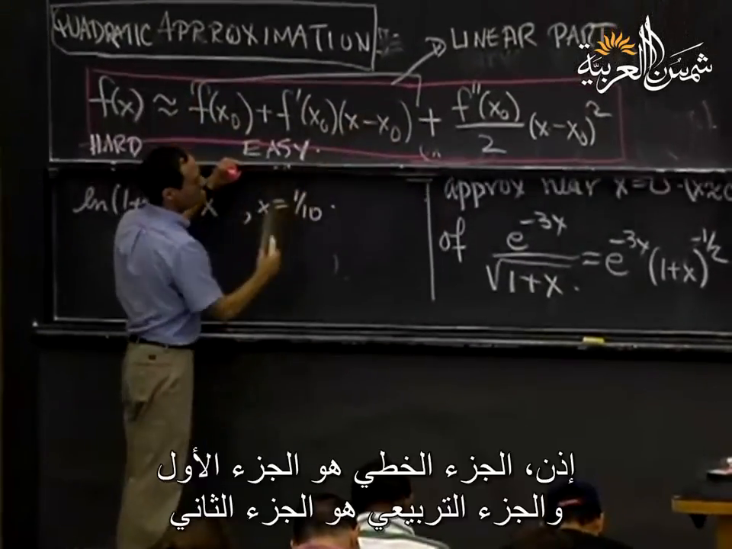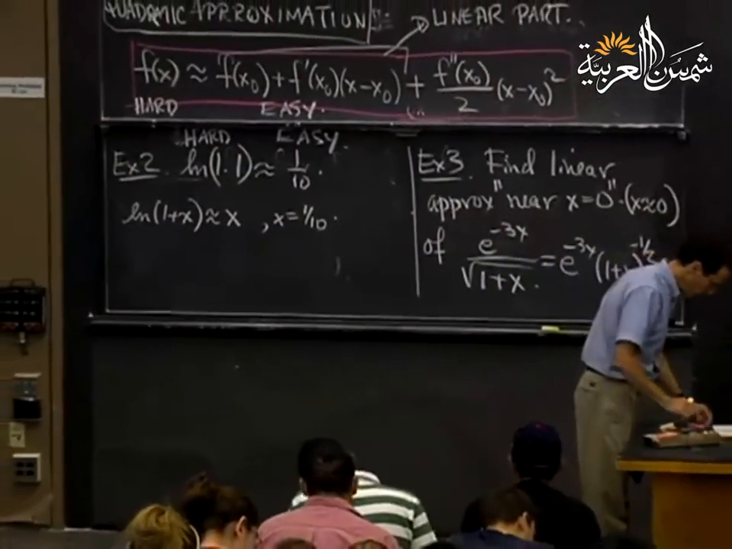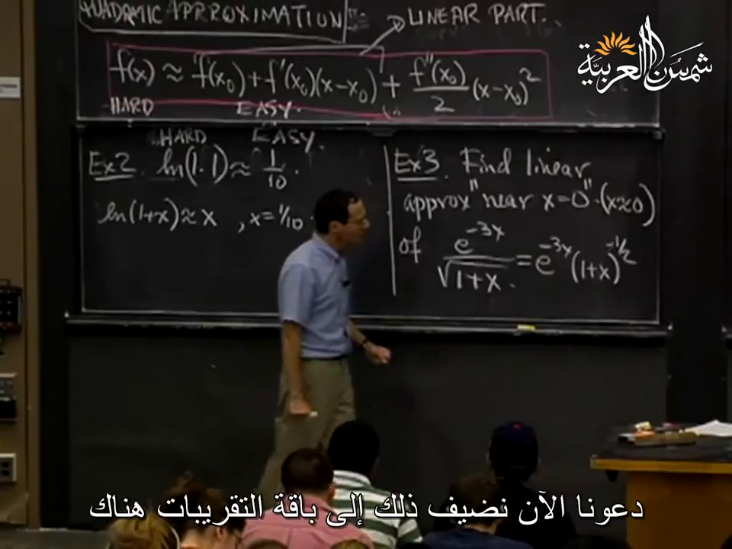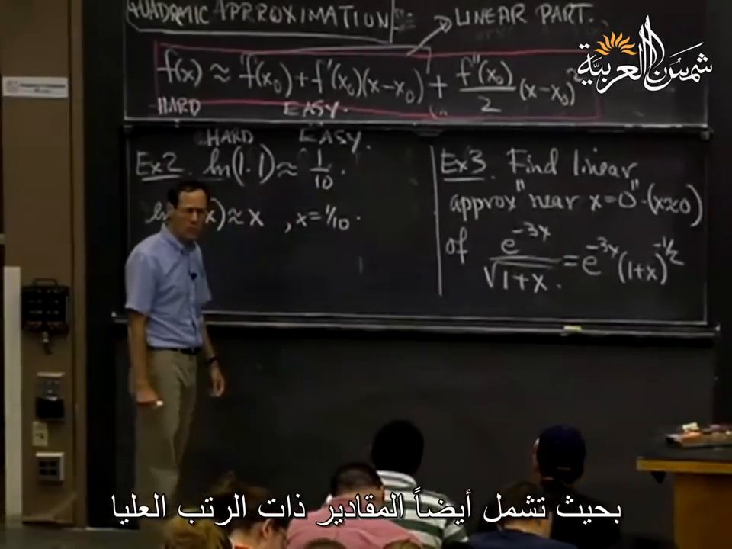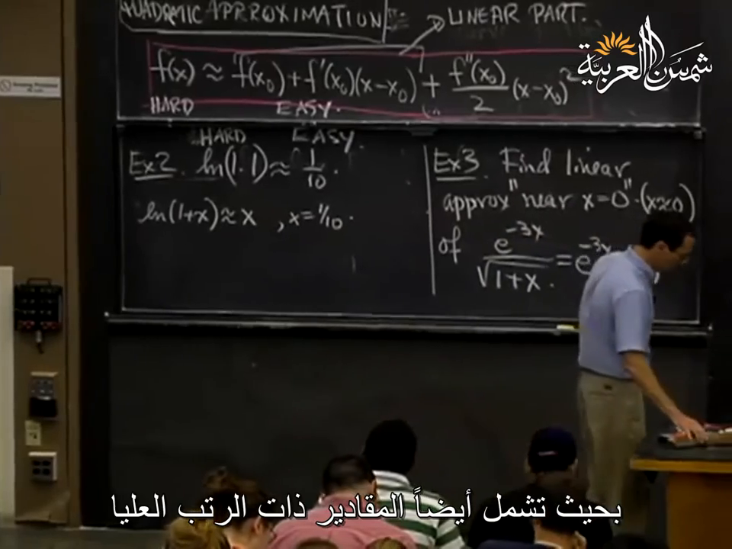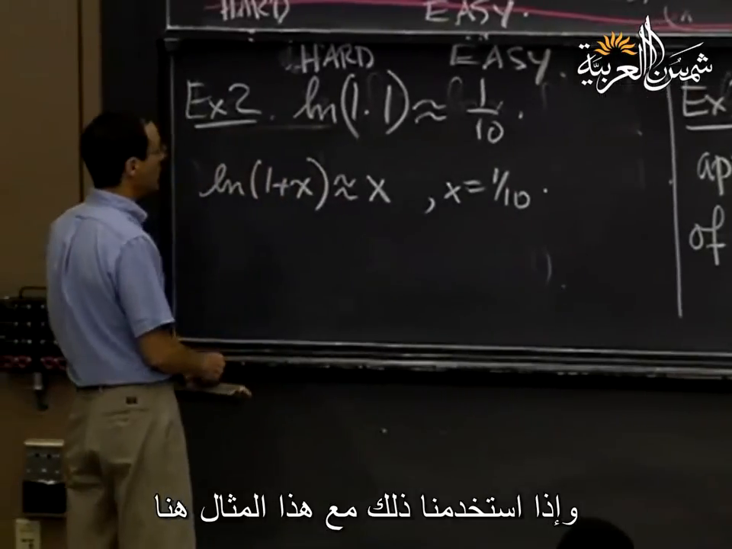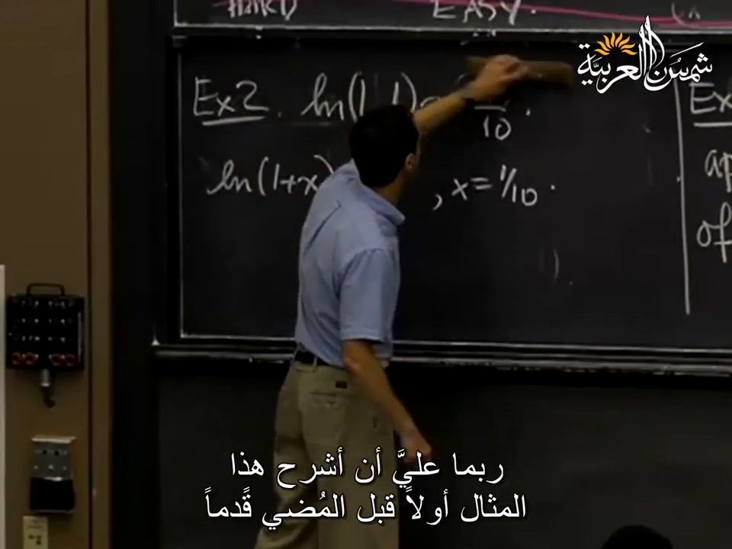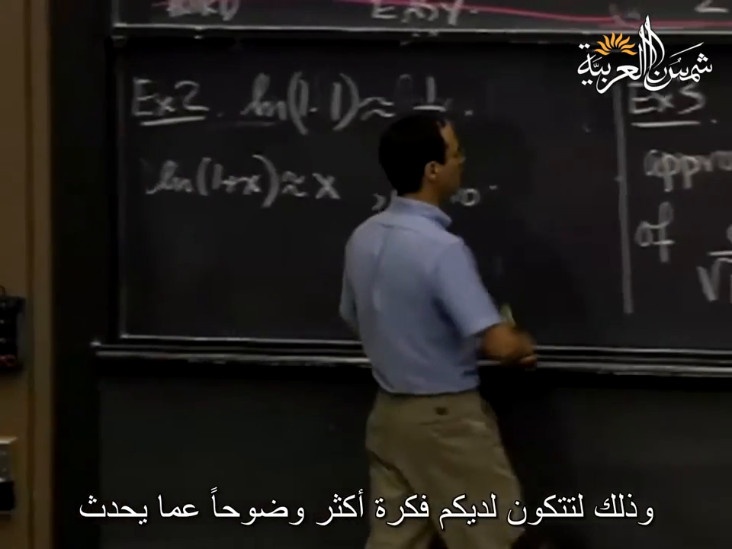So the linear part is the first piece, and the quadratic part is the second piece. Now, I want to develop the same catalog of functions as I had before. In other words, I want to extend our formulas to the higher order terms. And if you do that for this example here, maybe I'll even illustrate with this example before I go on. If you do it with this example here, just to give you a flavor for what goes on,